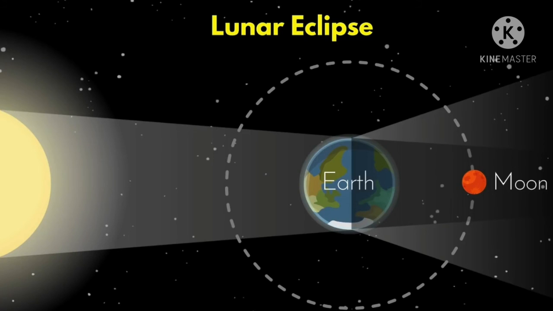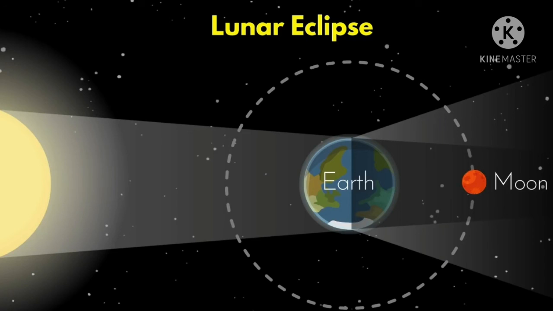A lunar eclipse occurs when the shadow of the Earth falls on the Moon. This happens when the Earth is between the Sun and the Moon with all three bodies arranged in a straight line. When the Moon is totally in the shadow of the Earth, it cannot be seen from the Earth. When a part of the Moon is in the shadow of the Earth, part of the Moon can be seen, while the rest is hard to see.